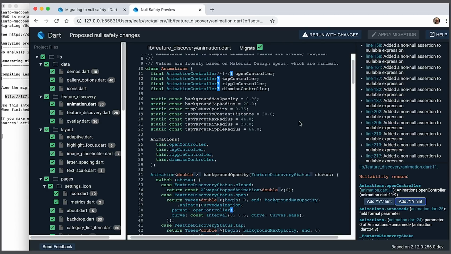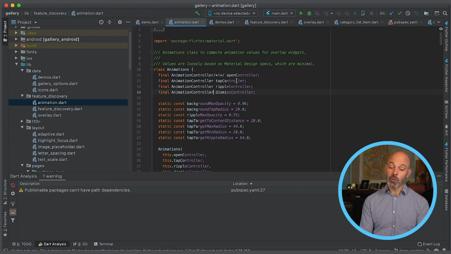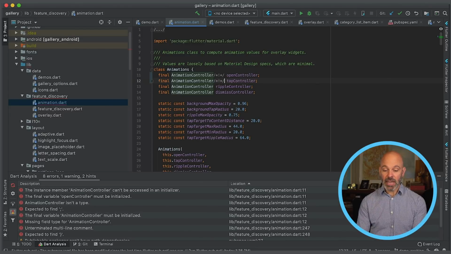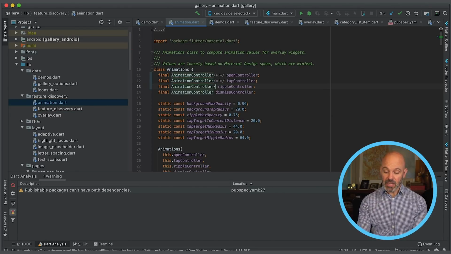So we hit that button, and we see a little comment with a bang in it showing up here on the code. Key point here: this is the one point, up until we apply the migration, that the tool is actually editing the code on the disk. So if we go over to our IDE, which is looking at the code on the disk, we can see that this comment has actually been added into the code. And in fact, if we want to, we can add the comments out here. I want all four of these to be non-nullable, so I can just go ahead and edit it directly in my IDE.